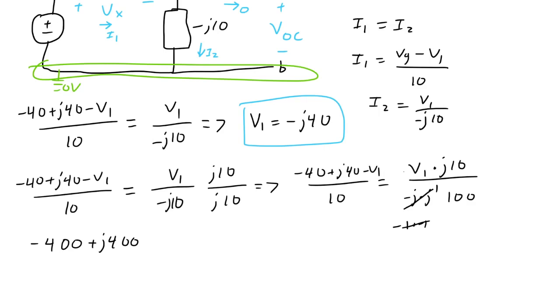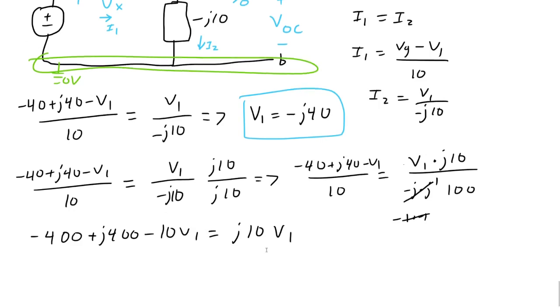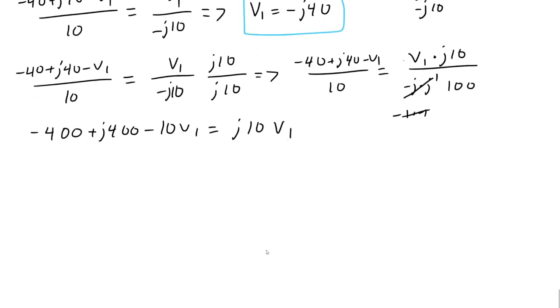Okay. So this is going to become minus 10 V1 equals j10 V1. Okay. So now I'm gonna pull the 400 out of here. I'm gonna have minus 1 plus j. I'm gonna move this to the side. That's gonna equal, pull the V1 out, 10 plus j10,